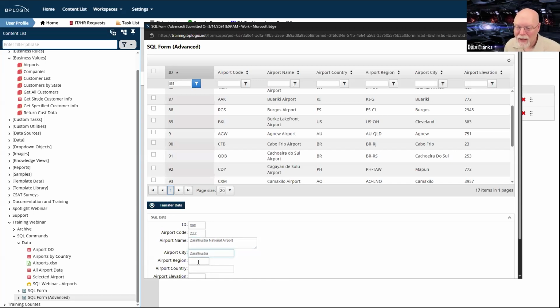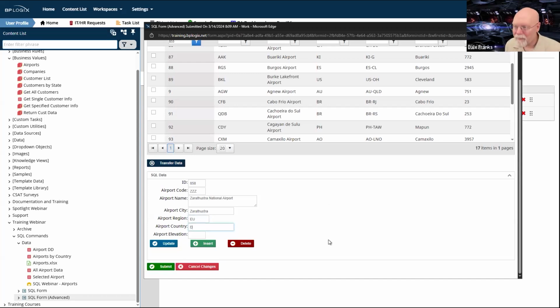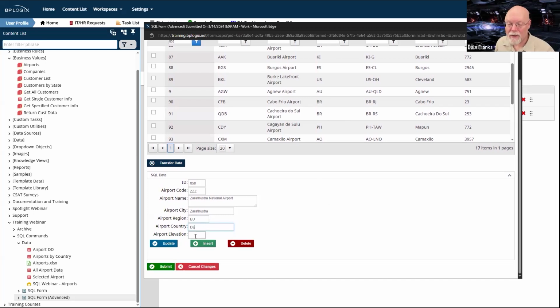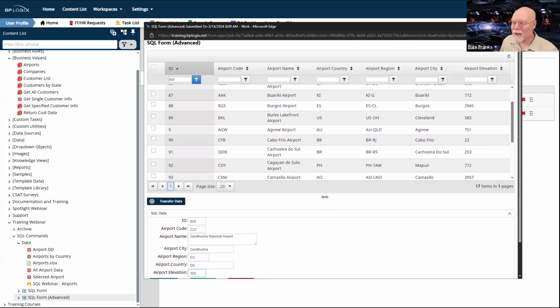Airport region, we'll just say EU, airport country, DE, is it DE? Yes, I think it would be DE in this case for Germany. And the airport elevation, it's in Germany, so it can't be that high up. So we'll just say 358 feet.